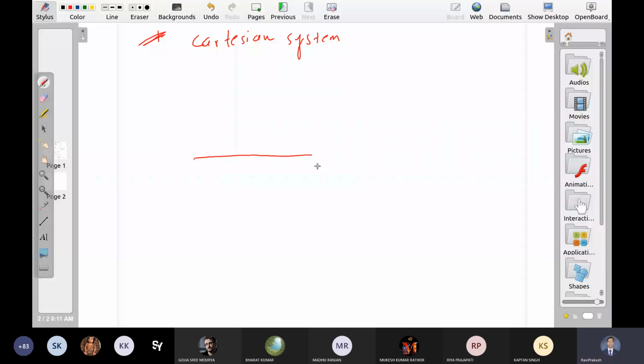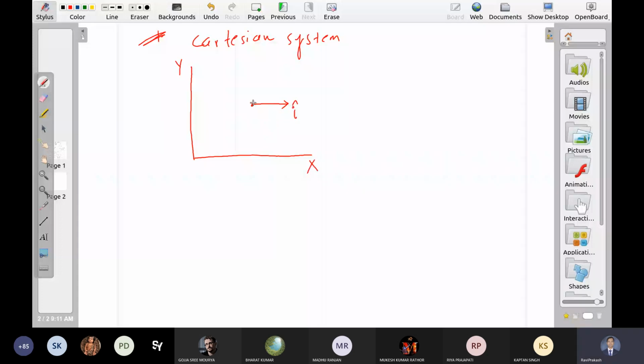Now what is the definition of I cap? Let us say we are here. The definition of I cap is: move in such a way that x may change but the y coordinate should not change. It means you have to go along this direction. Go by 1 unit, and whatever vector that gives is I cap. If you go along y without changing x and you move only one unit, then you get the j vector.